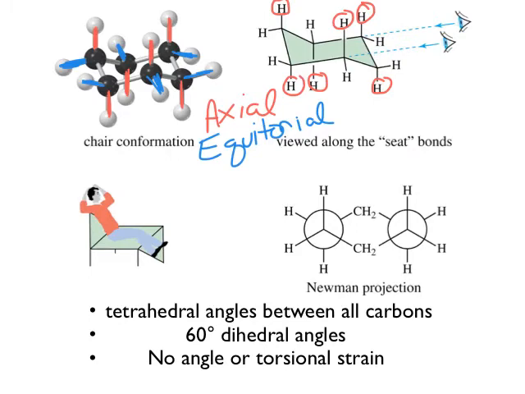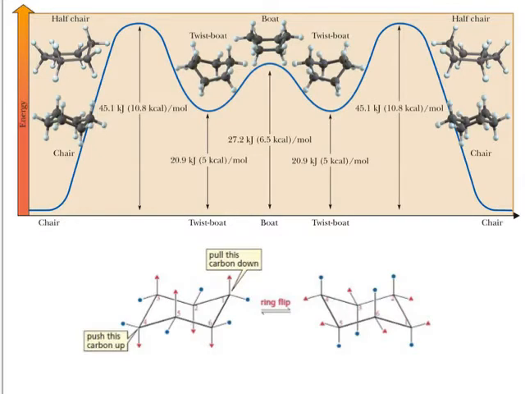Then we have 3 equatorial on the top of the ring. This one's pointed upwards, this one's on the upward side of the ring, and this one's on the top side of the ring. And then we have these that are on the down side of the ring, here, here, and there. At room temperature, and when only hydrogens are attached to these 6-membered rings, these molecules undergo what's known as